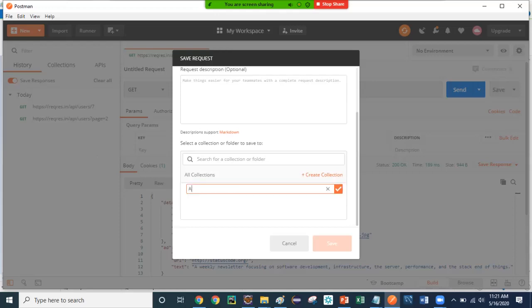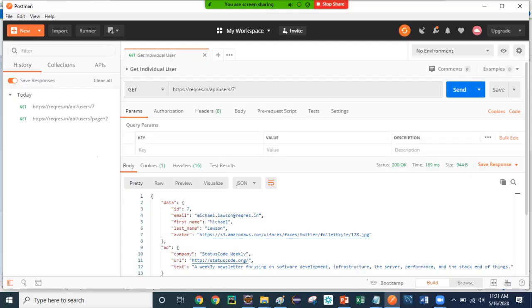Now you see, while saving it is asking me to create a collection. So I will just say API calls, like a folder, right? When we bookmark any URL, Google also asks us in which folder we need to save it. We create the collection, and I will just add in this collection, save as API call. So now this is saved. Now if I go to collection, you see I have one API call.